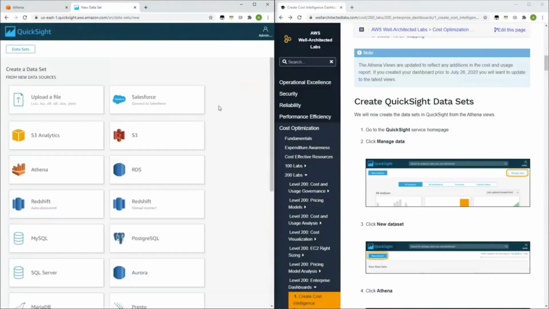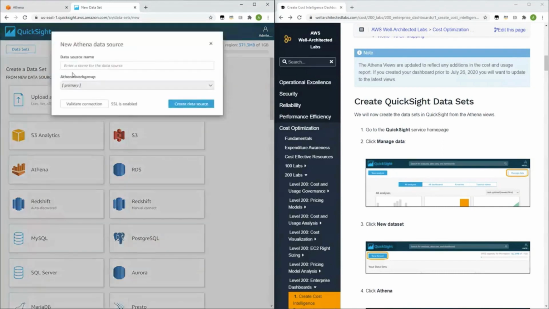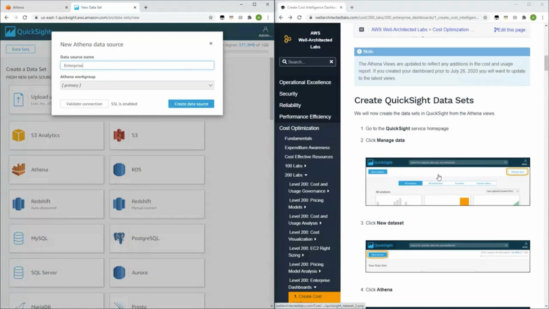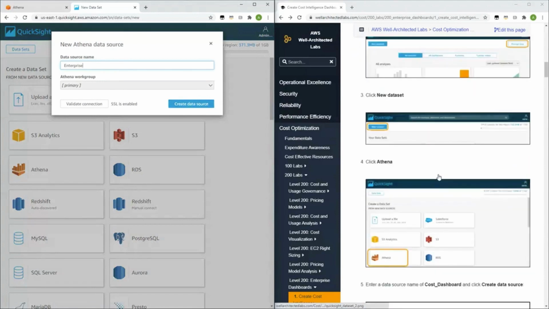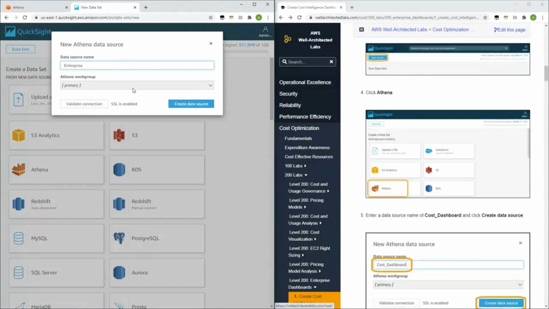Now, once I'm in QuickSight, I'm going to take these views and create data sets from them. The first thing I'm doing is creating a new data set, and my data source is going to be Athena. I'm going to actually name this Cost Dashboard to align with the lab. So now that I've created my data source,